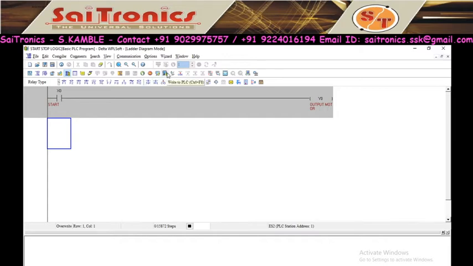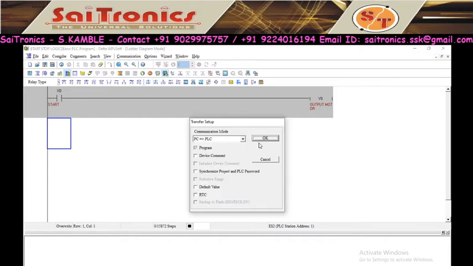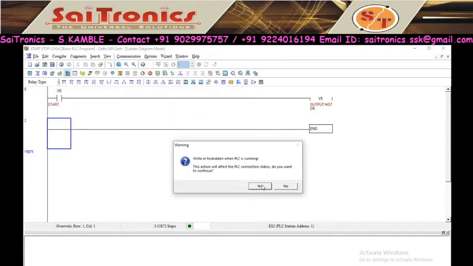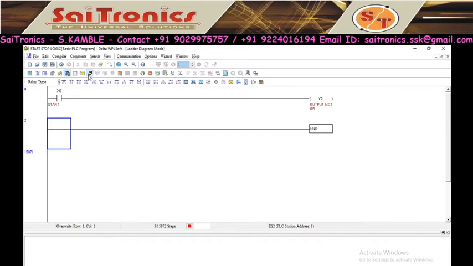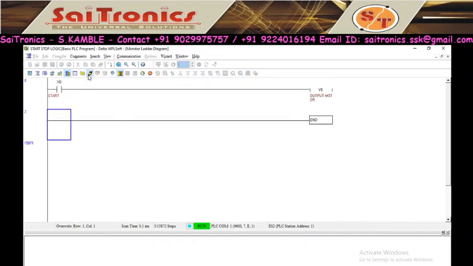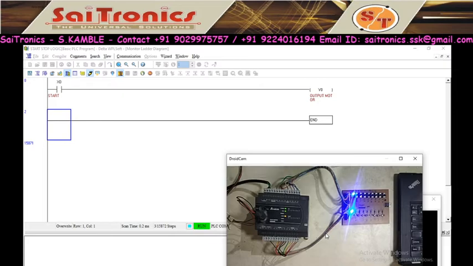So I'll load this program into PLC. Then I will click on run online simulation. So this is online, it is not simulation, this is real online. So we'll see the output. See, my input is off, therefore motor is off. When I switch on this input, X0 will become closed and my output turns on. But if I turn off this, then my motor will automatically turn off.